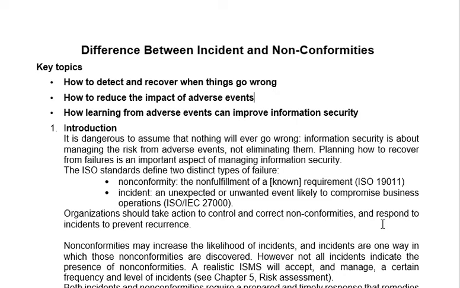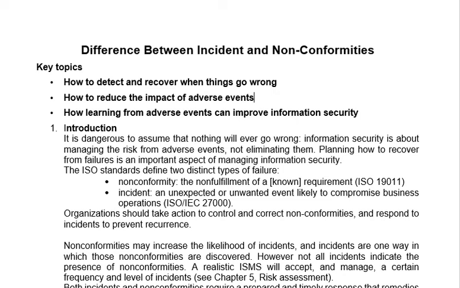If you want to know how to identify risk, I will also prepare a separate video for the risk. In risk, we assume that these things may go wrong in future. In the same way with an incident, we don't know whether these things will happen, but we need to be prepared for that. If an incident occurs, then I will respond accordingly. So these are the basic definitions of incidents and non-conformity.